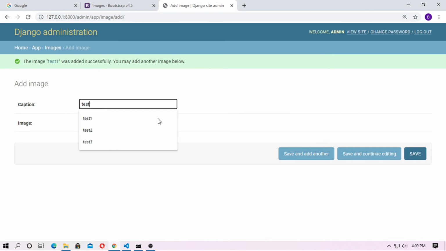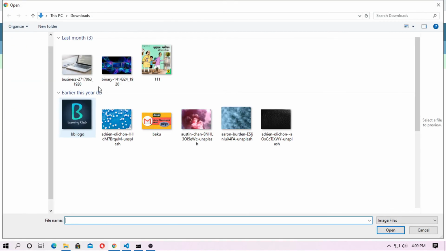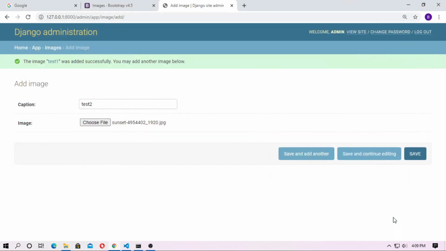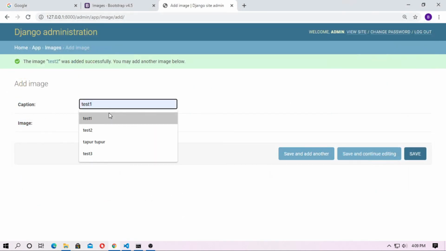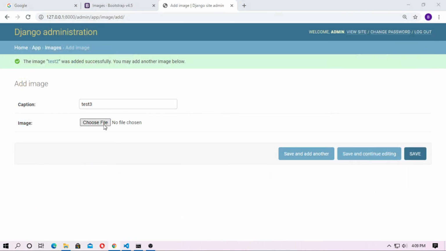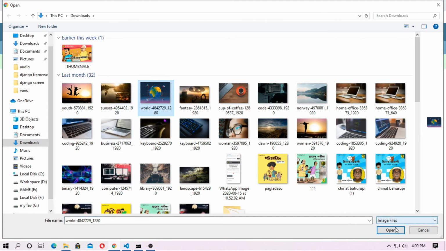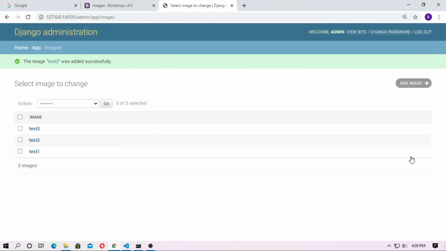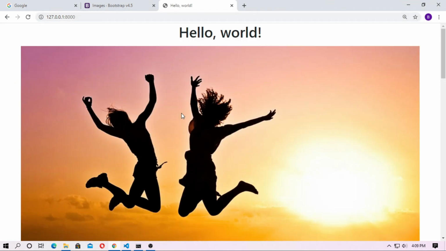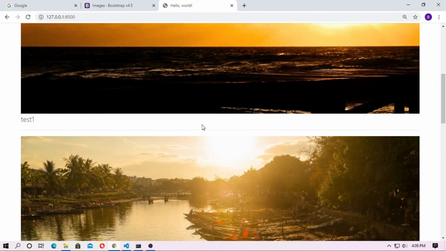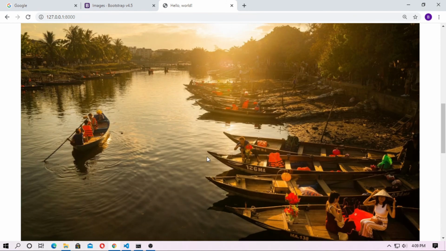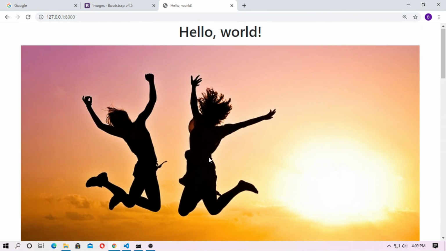Type test2, choose the file, save and add another. Now type test3, choose the file, save. Now go to the landing page. Okay, here are all the images. In this video I showed you how to upload images through the admin interface.